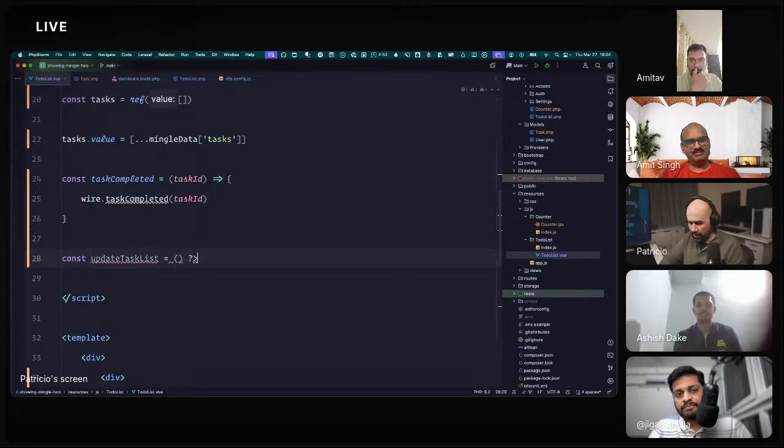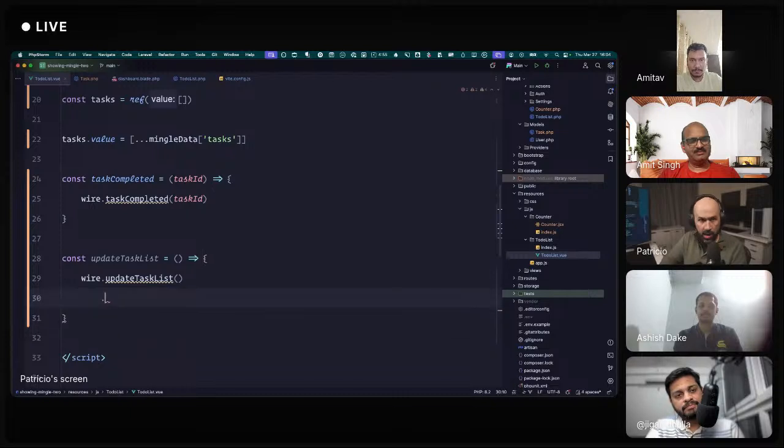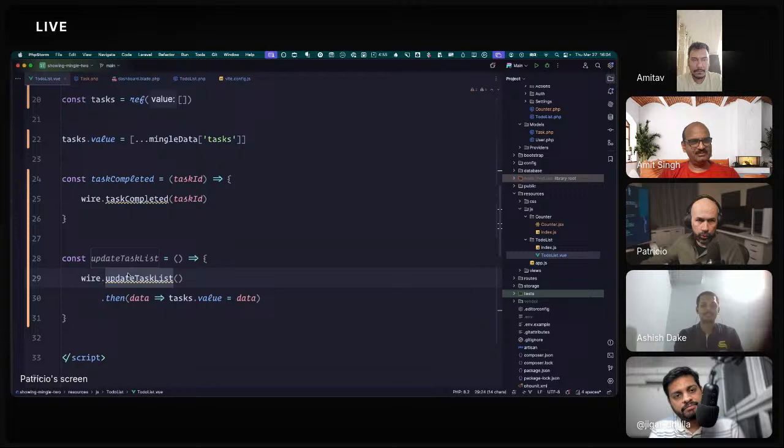And every time I invoke this function, we would call wire dot update task list, for consistency, for example. I would then take the data, and tasks dot value equals data returned. So if all goes well, I'll go to the backend.